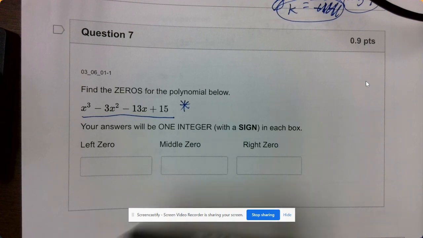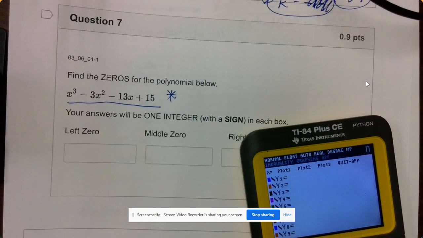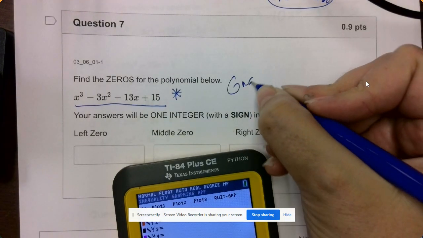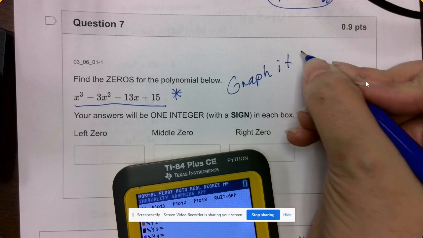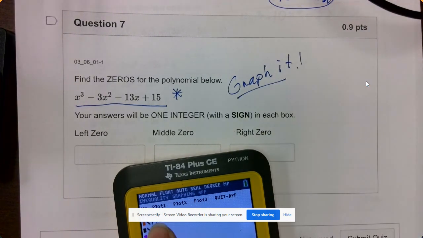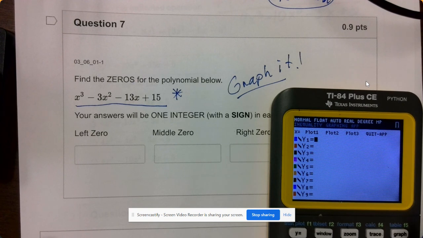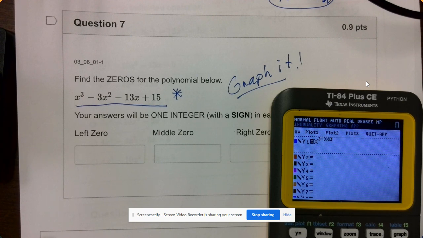Okay, you might need to make sure that you're taking out whatever is in here. So I had to go to y equals, and I cleared it, and then I'm going to put it in. So I'm going to go x, which is next to alpha, raised to the third power, minus 2x squared, minus 13x,